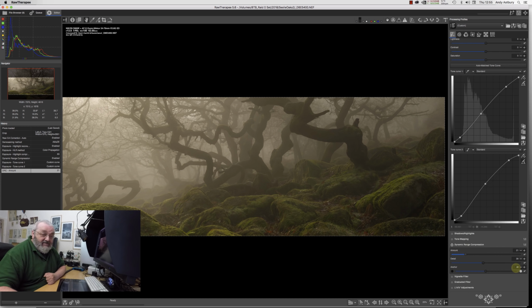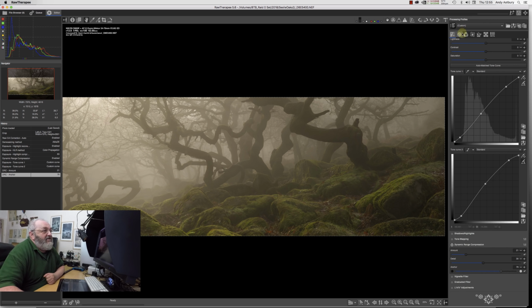The anchor point at the minute is set at 50 on a scale of 1 to 100. So it's anchoring this dynamic range compression on the mid-tones, if you like. I want it to anchor towards the actual highlights. And so if I can just get it to change sliders, I'm just going to move it a little bit, and you can see what we're doing now is we're actually brightening the image, and I'll leave it at around